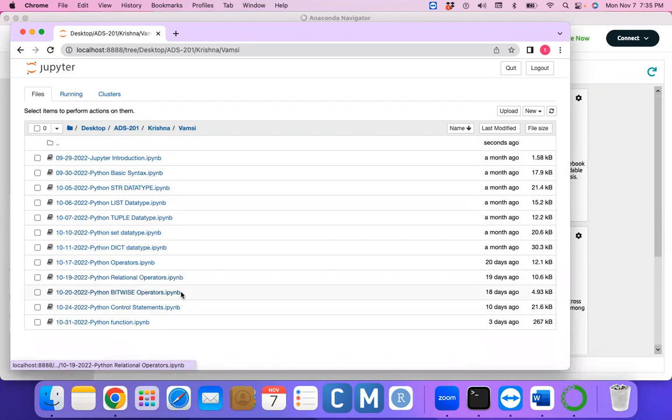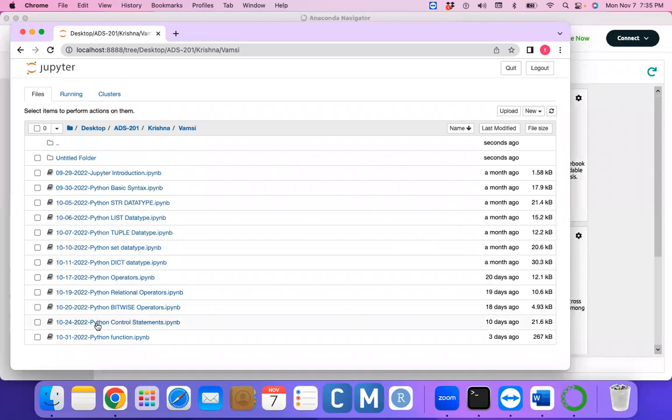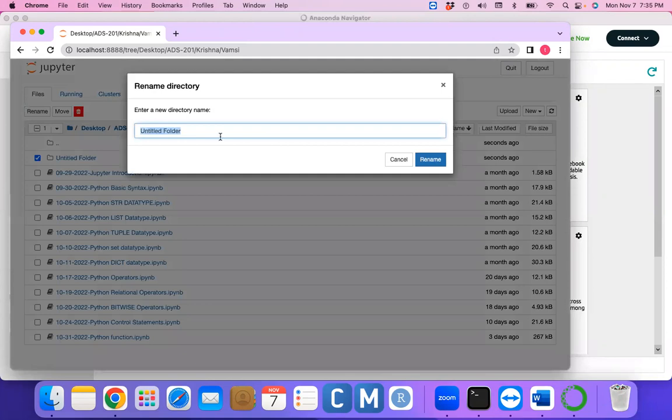So control statements, operators, functions, and all data types. Okay, these things are done from the Python, right? Now, today I would like to talk about a very simple thing actually, which is exception handling. Before that, we will go for modules and packages. I think you are already aware of it. Modules and packages, it's a pretty important topic. The reason is that if you want to do application-oriented work, modules and packages will help you a lot.